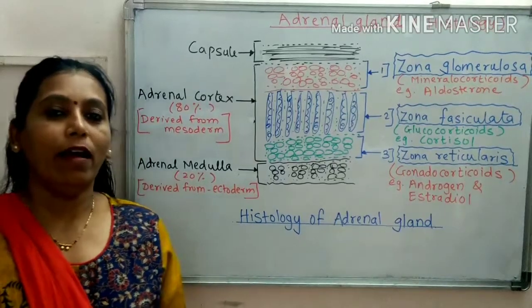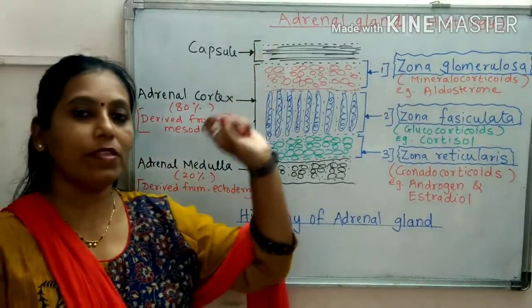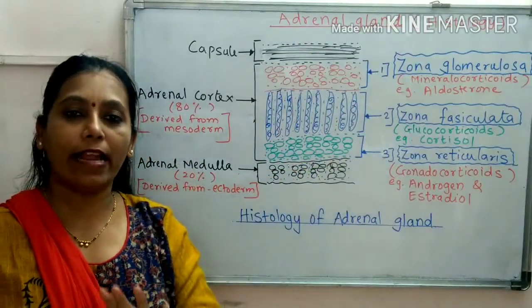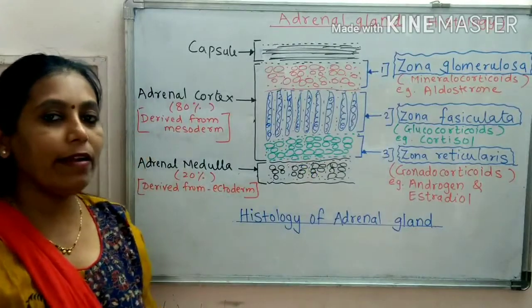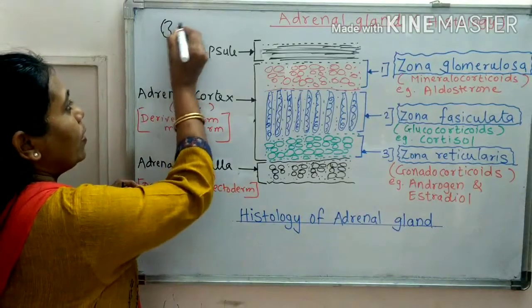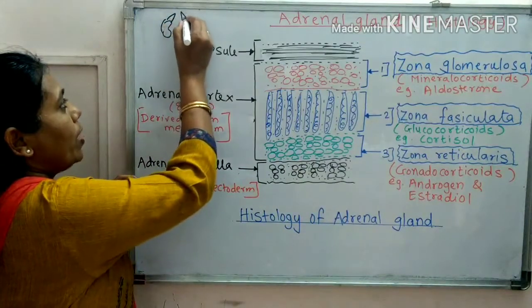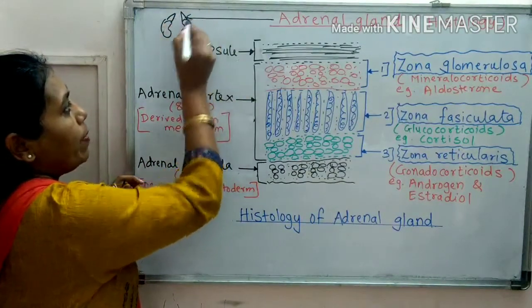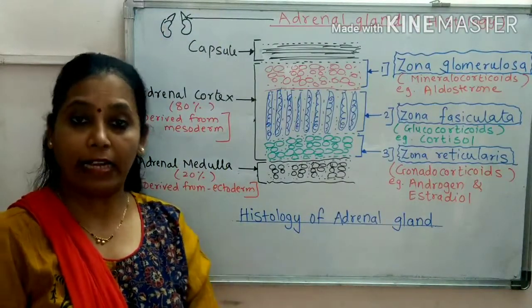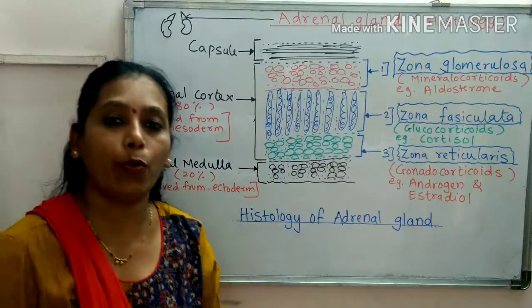Everyone, today we are going to study one more endocrine gland, and the name of this gland is the adrenal gland. Let us study where exactly this gland is situated. The adrenal gland is situated at the top of the kidney. Suppose these are the kidneys. As we have two kidneys, this conical structure present at the top of the kidney is called the adrenal gland. We have two adrenal glands and it is one of the important endocrine glands.